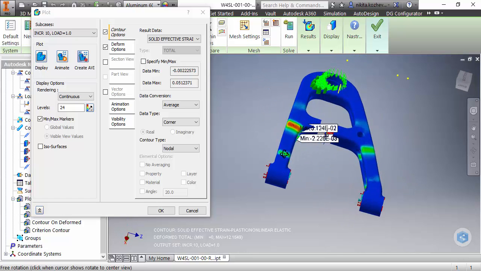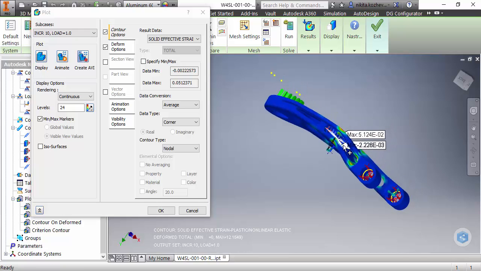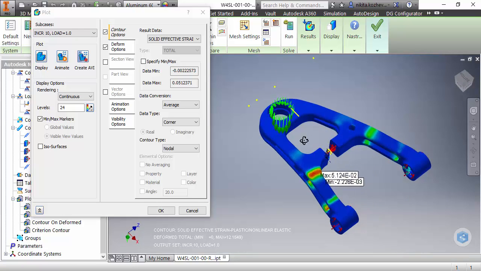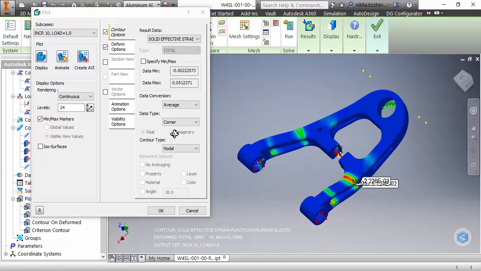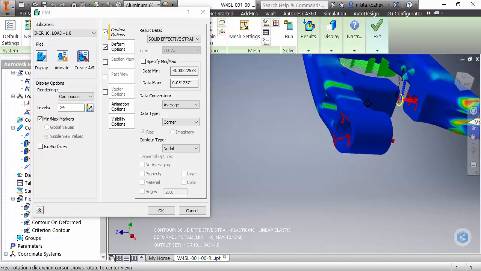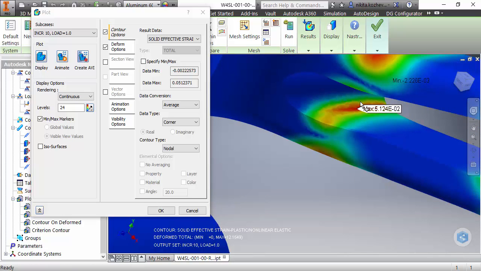And as you can see, the maximum strain we've got is 5%. And therefore that maximum elongation actually can be found in a completely different area. So that's the most